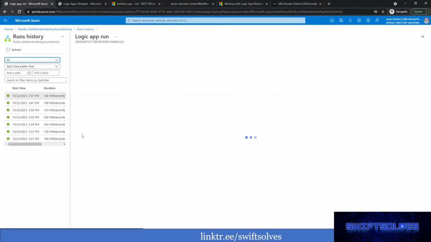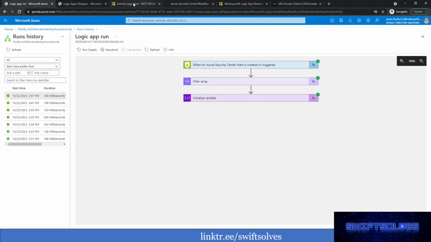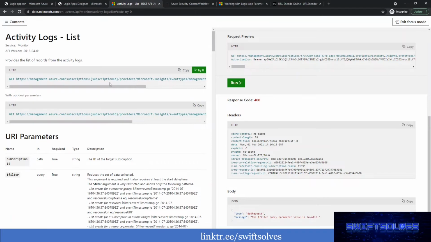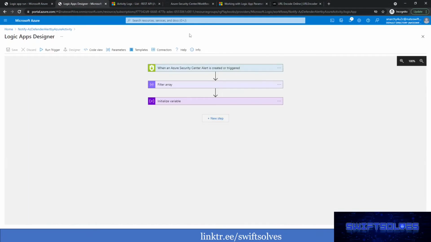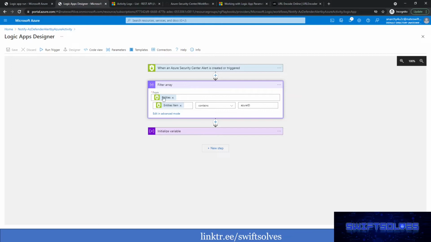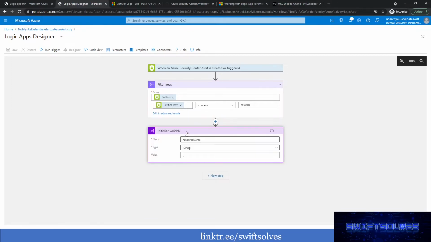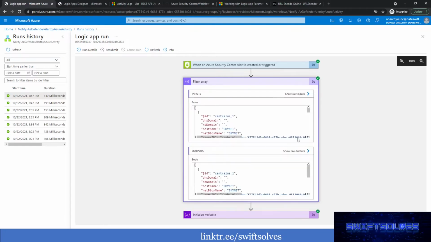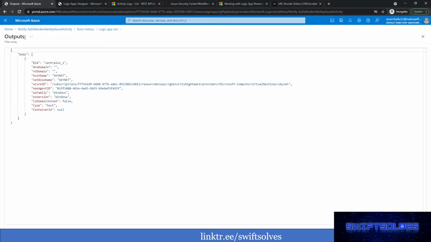So with that, I'm going to go ahead and start working with this logic app here and building that action out. I know I'm going to have to build out that logic app. I know I specifically need that Azure Resource ID. So I'm going to go ahead and we'll use that filter array. And then we'll bounce back into this previous version here in the filter array. And while we're looking at the outputs of that, we can see here that the entity that comes back,